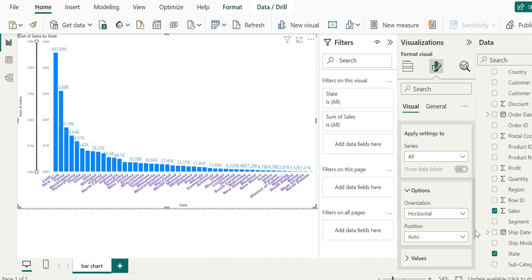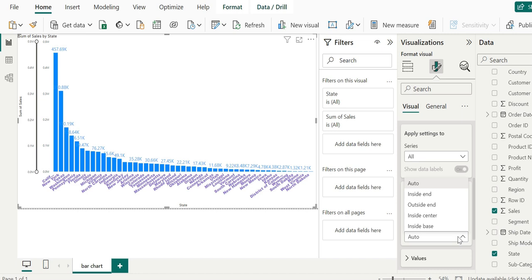The position of these labels relative to the bars is governed by the position drop down, which is currently set to auto. We can also experiment with other choices like inside end, outside end, inside center, and inside base.